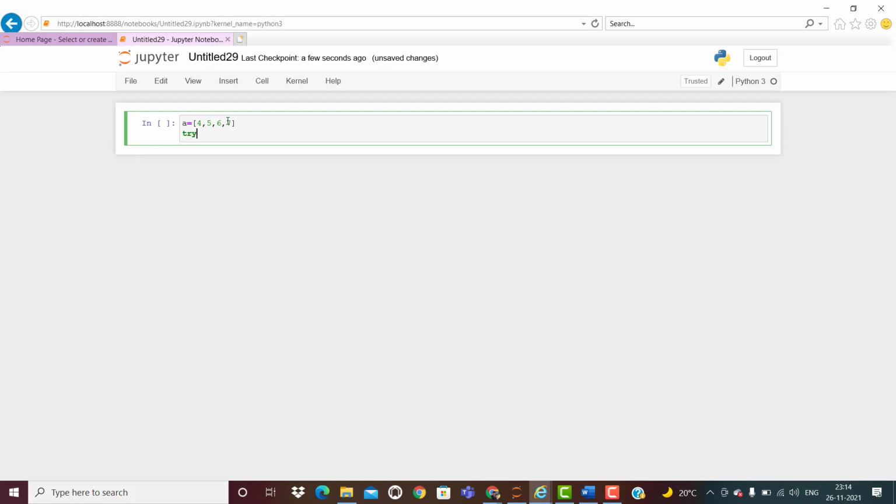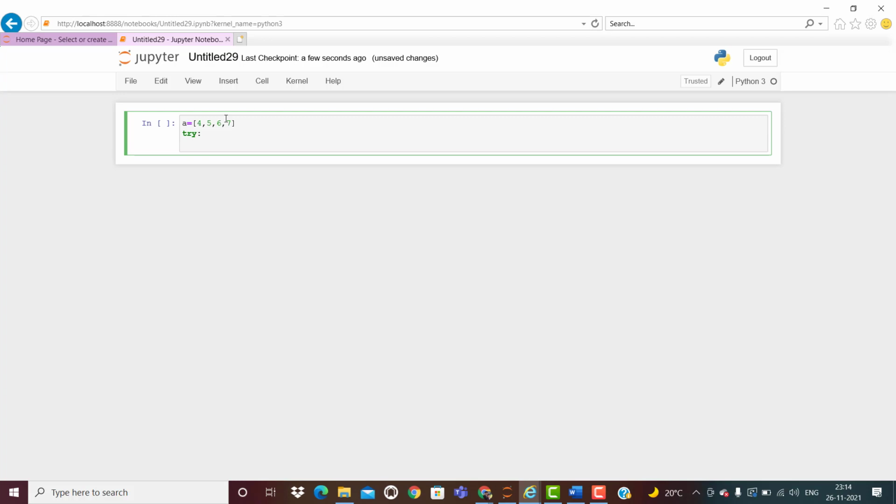Now I'm going to write a try, and here I want to print the first element of the array. So I can use here array of 0. The same thing you can copy.